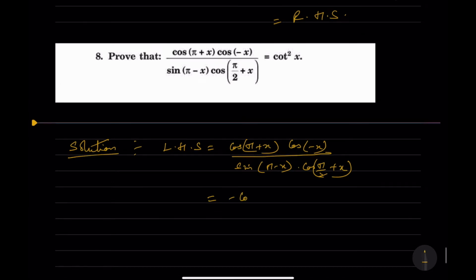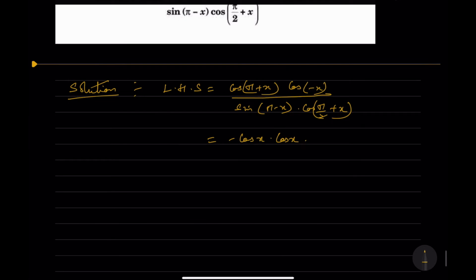Whenever cos of 90 plus theta is there, the function will be changed, in cos you'll have sin. Now here cos(π + x) is equal to minus cos x. This is in the third quadrant. So cos is minus over there, into cos(−x) is equal to cos x, by sin x into,